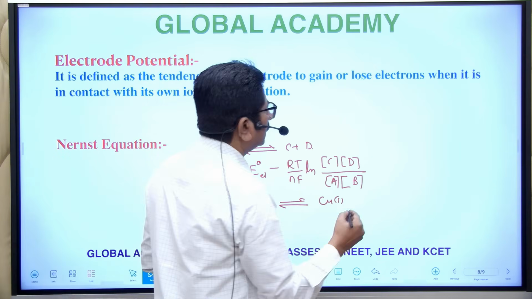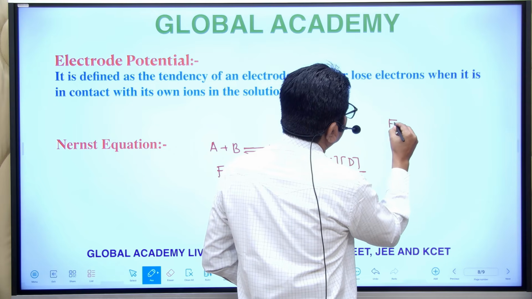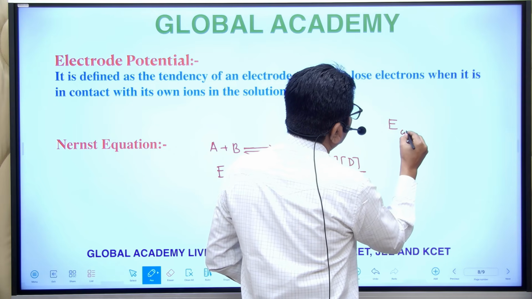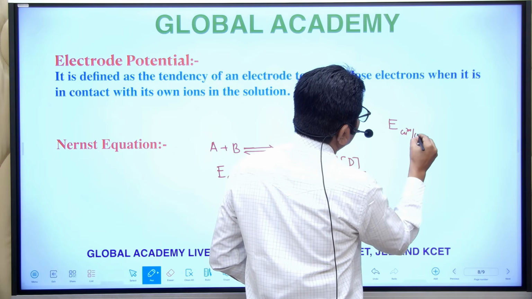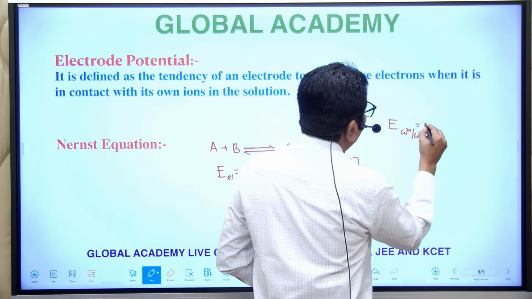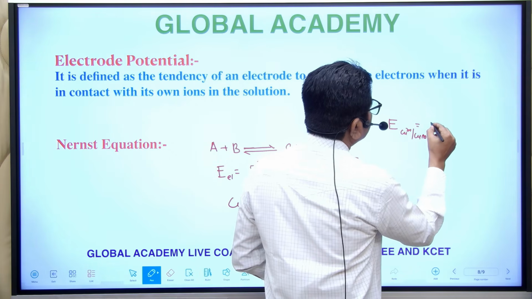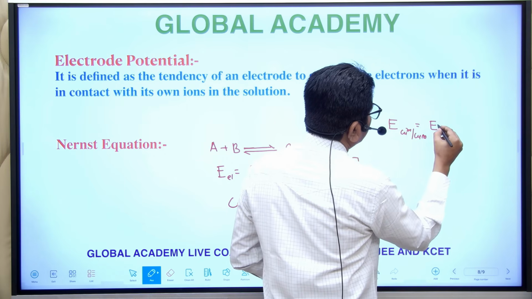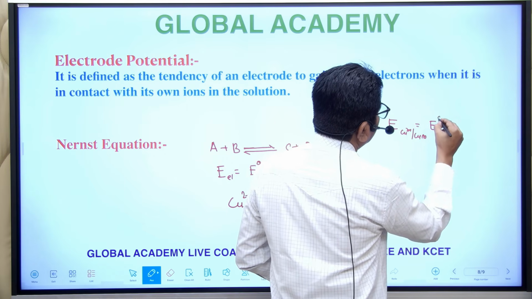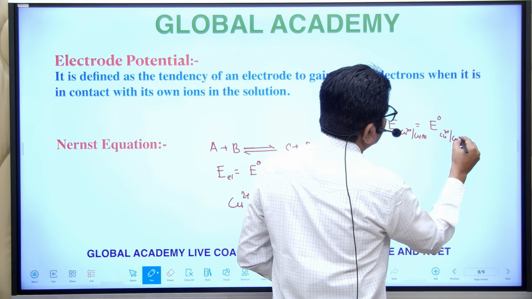If you write the Nernst equation for this, carefully see the representation: E of Cu2+ to Cu solid is equal to E naught of Cu2+ to Cu solid